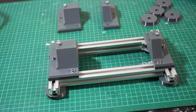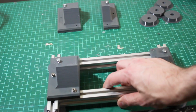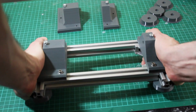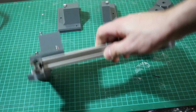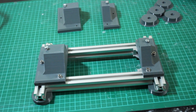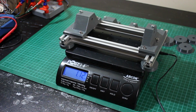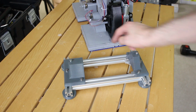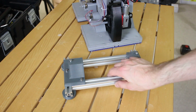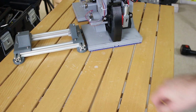Here it is all together, so it's looking pretty substantial. It feels incredibly rigid, and I can't flex that really, no matter how much I try that way. It's incredibly rigid with those corners and with the prints on top. I'm wondering how rigid it would have been just with 3D prints top and bottom, and we may do that with some of the other pieces so we can test it. It already weighs in at just over half a kilogram, which is 1.2 pounds, so fairly substantial compared to that plastic GONK Droid foot. So compared to a GONK Droid foot, that was of course just 2 bits of ABS stuck together. This is slightly longer, and it's actually currently where it touches the ground slightly narrower at the moment,